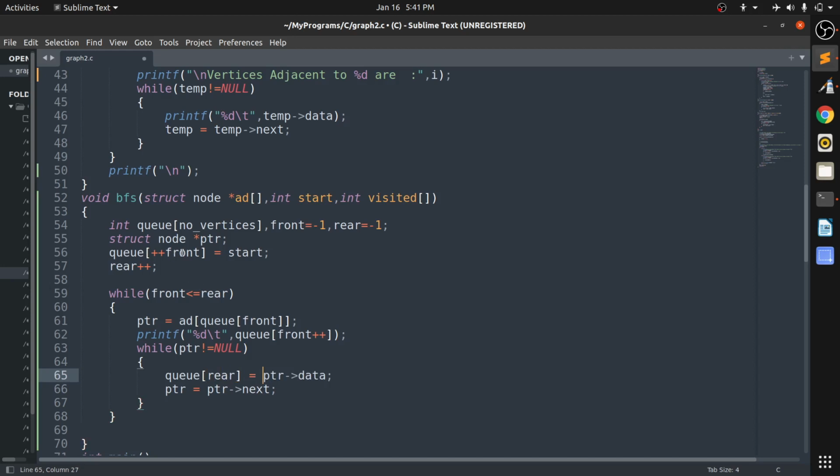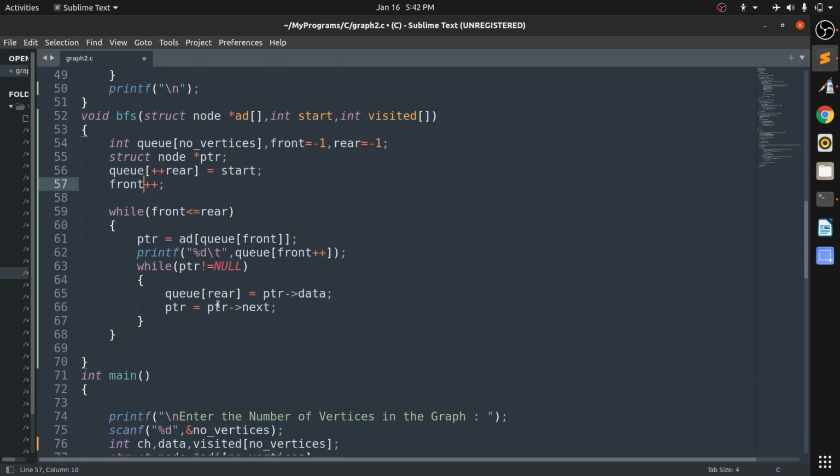Okay, and just a minute. Whenever we are adding, it doesn't mean that I am adding from front. No, it is actually from rear. Just because both values are -1, it doesn't mean that, it was logically wrong, so now it is correct. Okay, then rear should also plus plus.